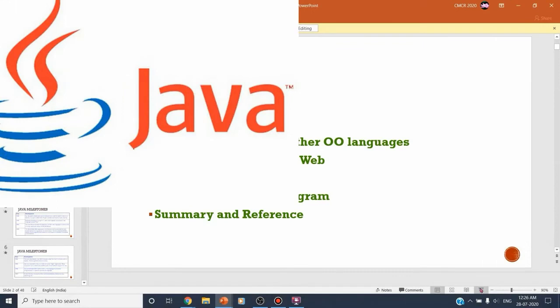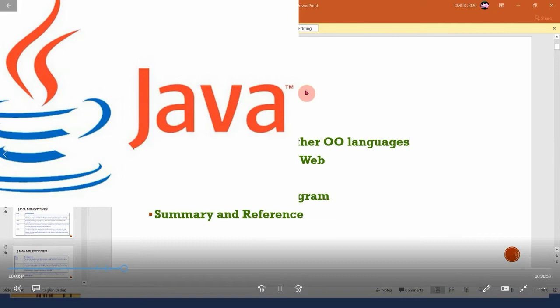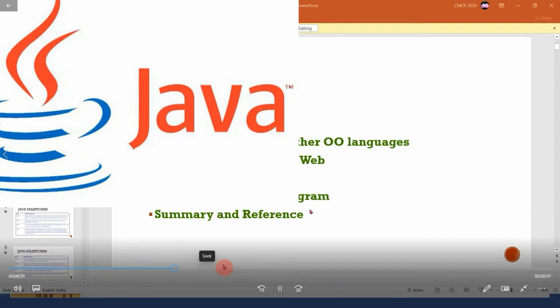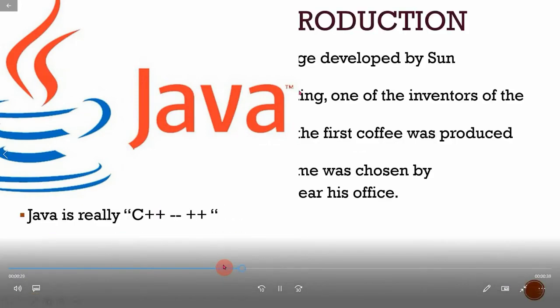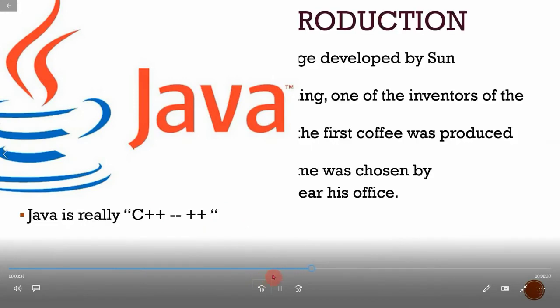Recording starts. Now I'm going to my PowerPoint presentation for my Java class and I'm clicking on the presentation mode and starting the recording. Now whatever I speak, it starts recording. Now the recording starts. Now I can start speaking. So Java is a programming language, and these are all the contents that we are going to cover. And when we consider the introduction, it is a language based on Sun Microsystems.